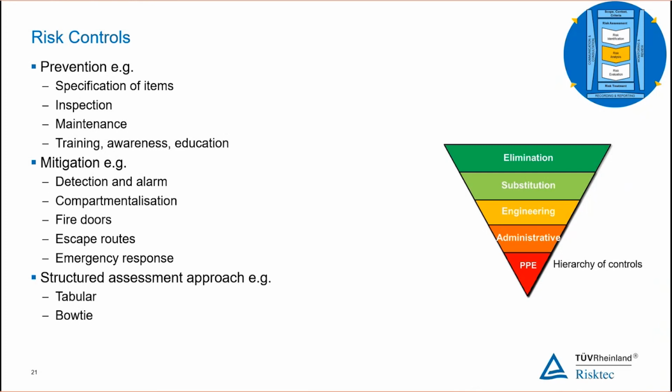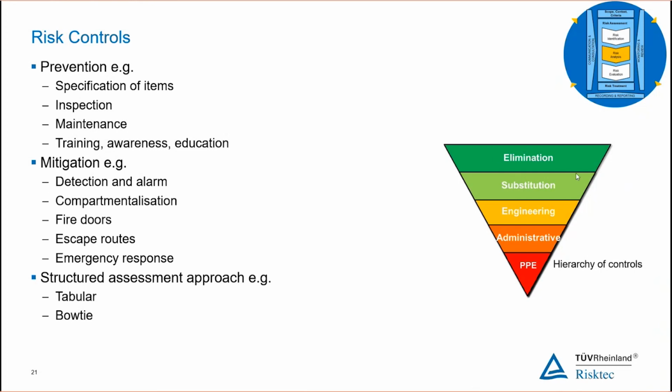Now, there is this concept then of the hierarchy of controls, that some controls are going to be more effective than others. So our first layer, the best control we can ever have is elimination, take away a hazard. If we have a fire source within a building, if we were to be storing flammable materials within the building, if we take those flammable materials away, we've taken away the hazard. We no longer need to manage the hazard.